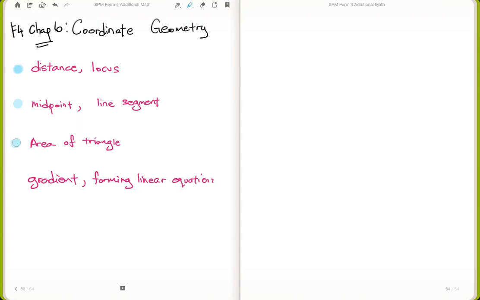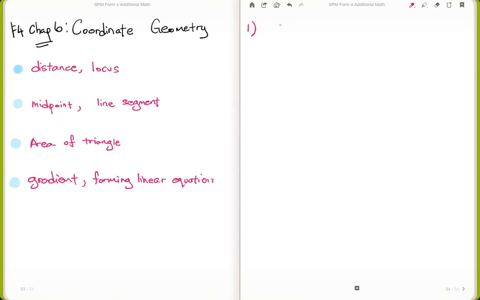Third part would be the area of triangle. This is another method to get the area of a triangle when we're given the coordinates. The last part would be the gradient and forming of linear equations. That is normally tested in Paper 2 in SPM. Now to start with, the first part would be distance